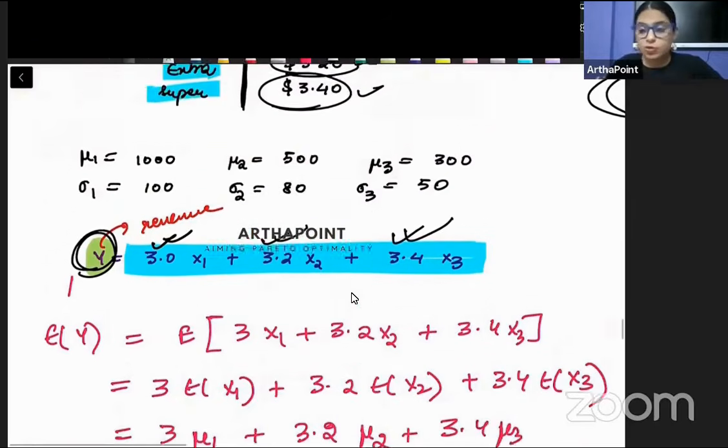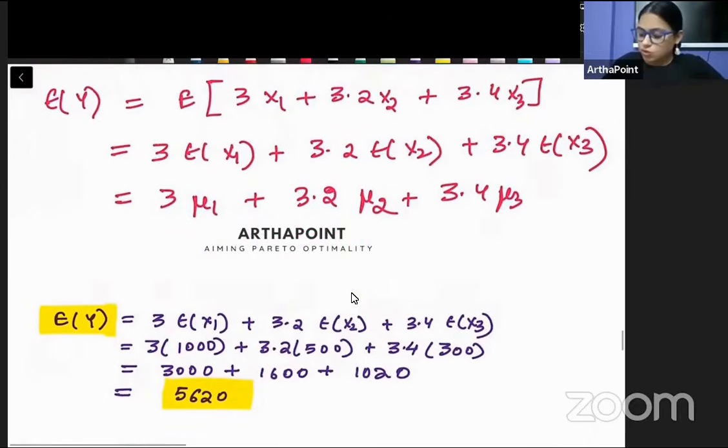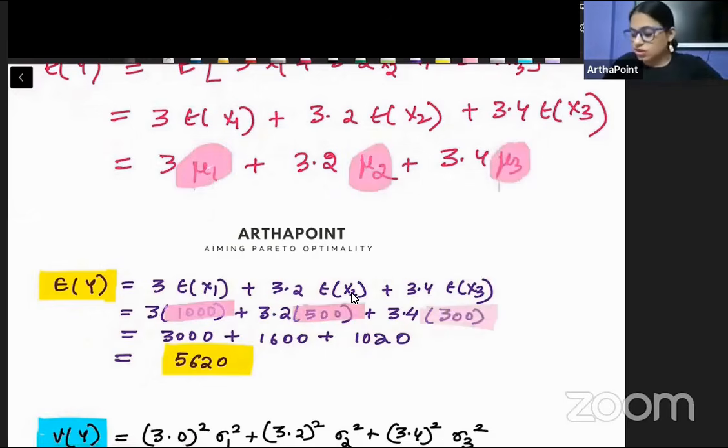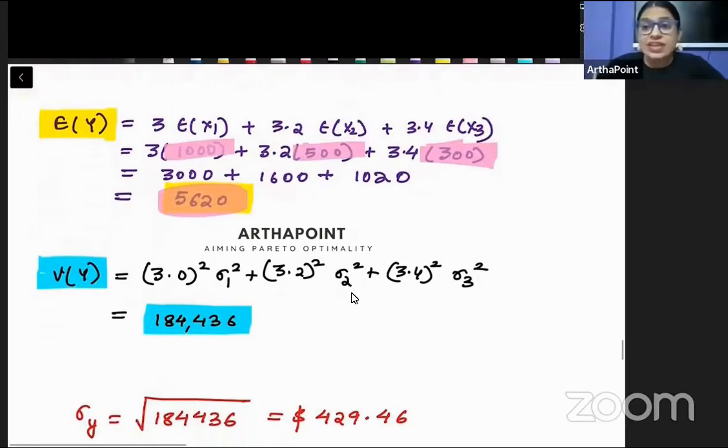बेटा, we already know μ1, μ2, μ3 यहाँ दिया हुआ है, μ1 is 1000, μ2 is 500 and μ3 is 300। Put the value। तो instead of μ1 मैंने यहाँ पे 1000 लिखा है, instead of μ2 I have plugged 500, instead of μ3 300, और आंसर आ जाएगा 5620। अब ये बोल रहा है कि रेवेन्यू अर्न्ड इज इंडिपेंडेंट। अब मैं एक प्रोडक्ट कितना बेचती हूँ और दूसरा कितना, वो दोनों एक दूसरे से इंडिपेंडेंट चीजें हैं। So find the variance of y का वेरिएंस निकालना है।